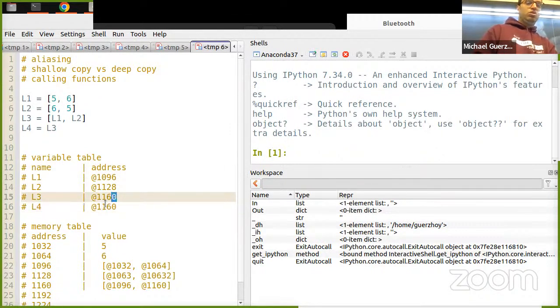So you copy this to here. This means that L3 and L4 are aliases.